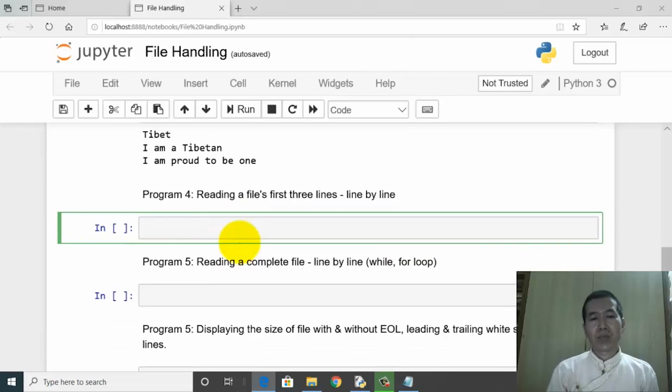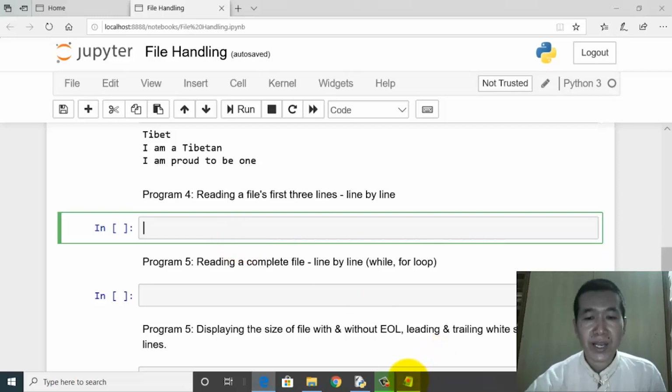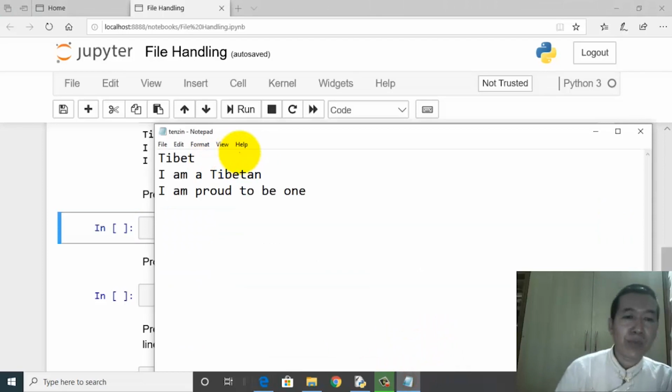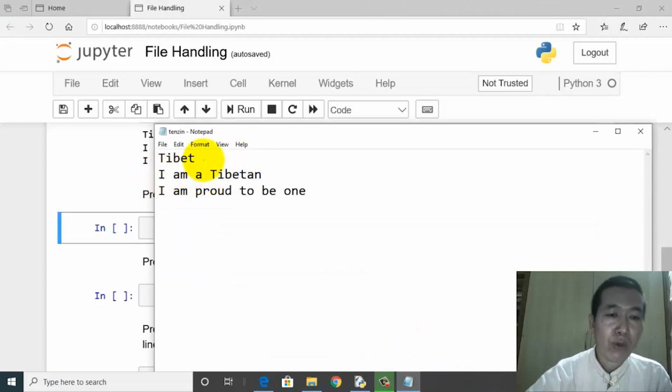But the question is, how will this function decide where and how this line has to be terminated? Or in other words, how will it decide upon the end of the line? In the Notepad file, the moment I press enter, the cursor jumps to the next line. In the process, a character called Newline Character or EOL is inserted right here. It is through this character that the readline function will be able to decide when to end the reading process.